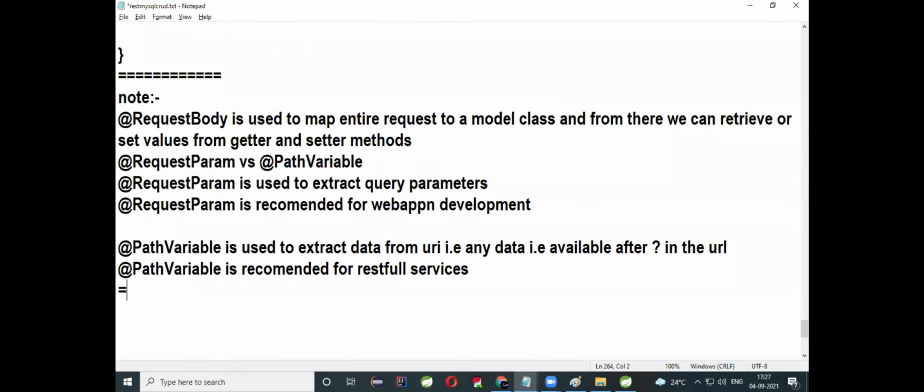You can add http://localhost, colon, port number, that is 8787. I will tell you, wait, don't be in a hurry. This is my port number.